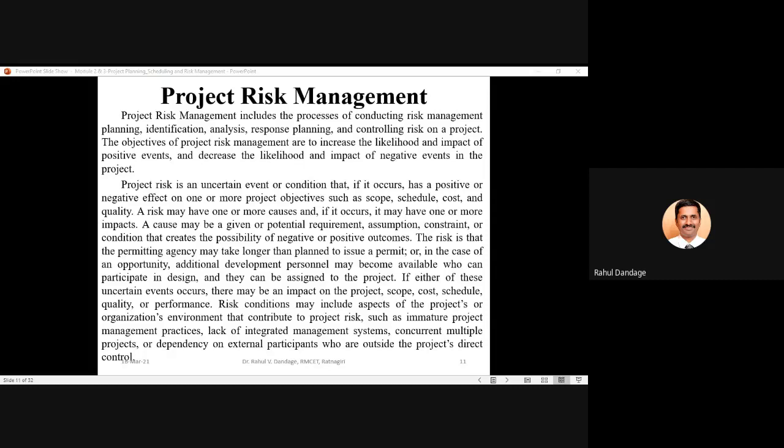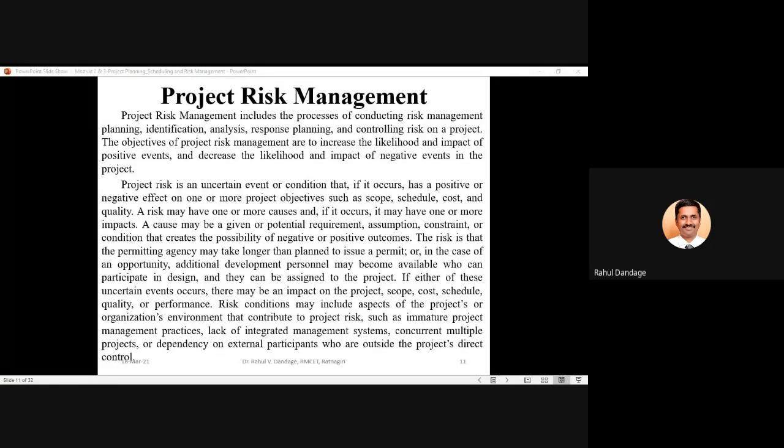Project risk is an uncertain event or condition that, if it occurs, has a positive or negative effect on one or more project objectives such as scope, schedule, cost, and quality. So as we know, for any project, there are certain basic objectives like the scope, schedule, cost, and quality of your project.